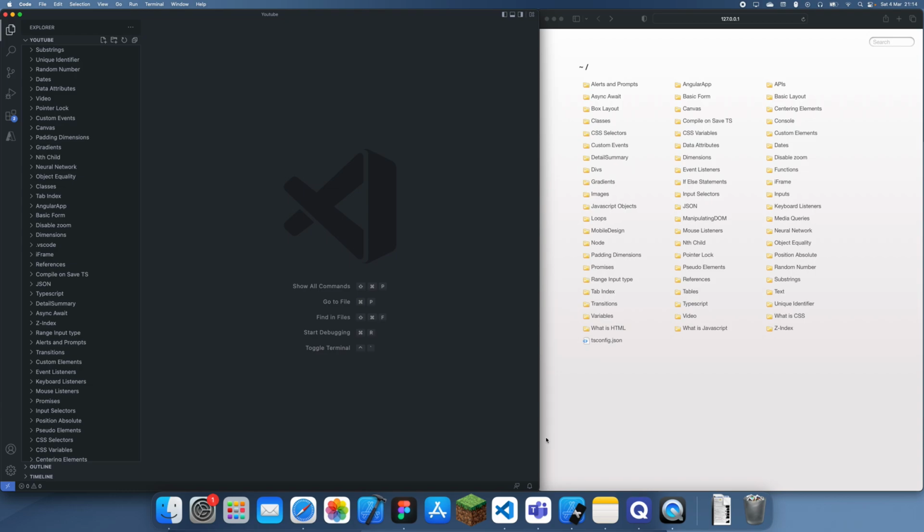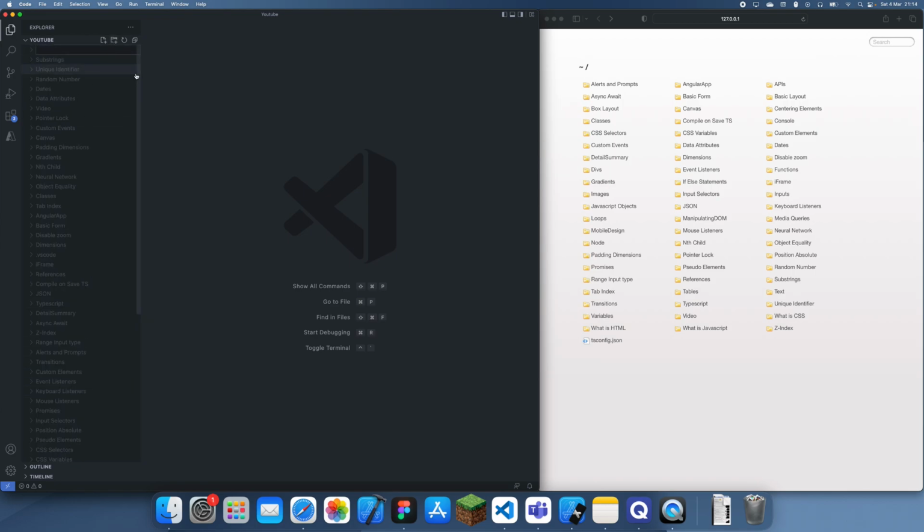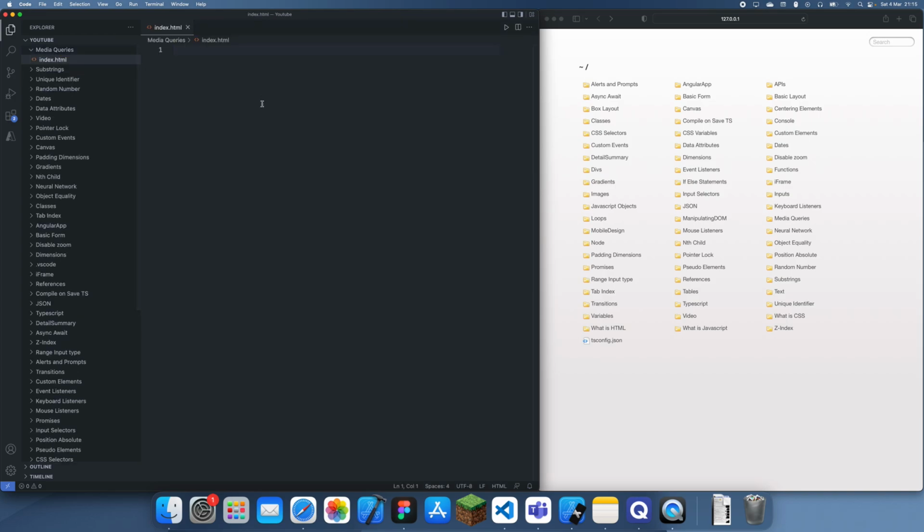Hey guys, welcome back to another CSS tutorial, and in this tutorial I'm going to be explaining how to use media queries in CSS. Now, media queries are actually really useful because what they allow you to do is create a responsive website without having to introduce JavaScript or really do anything complex at all. So they basically allow you to just differentiate between different screen sizes or screen types in CSS without having to do any complex logic,